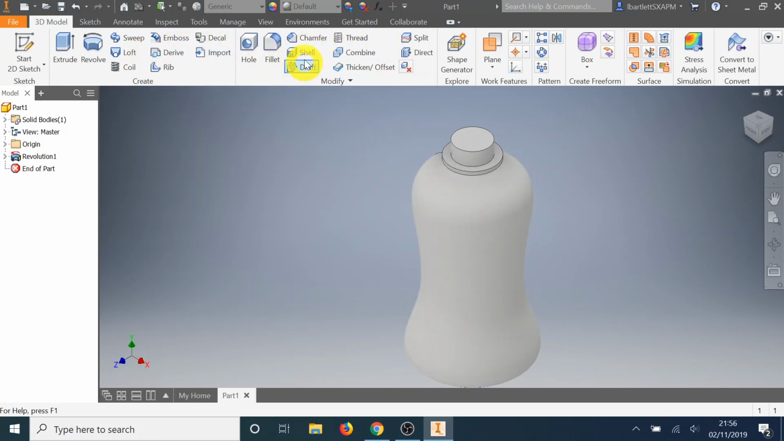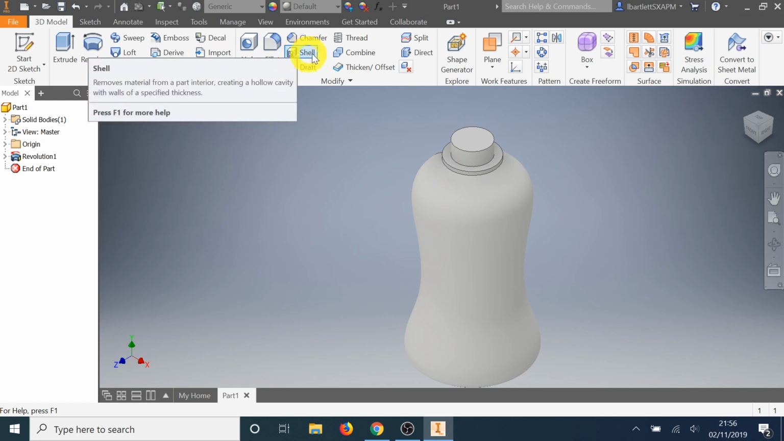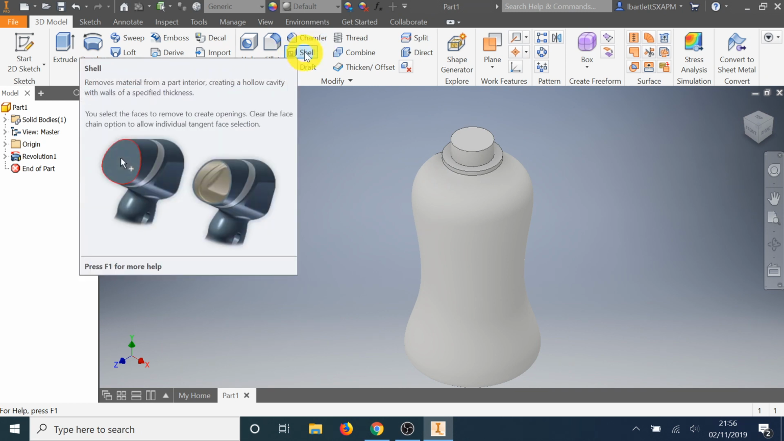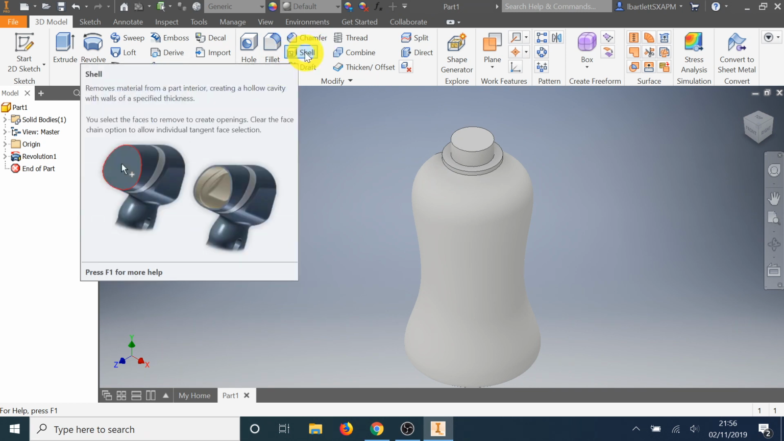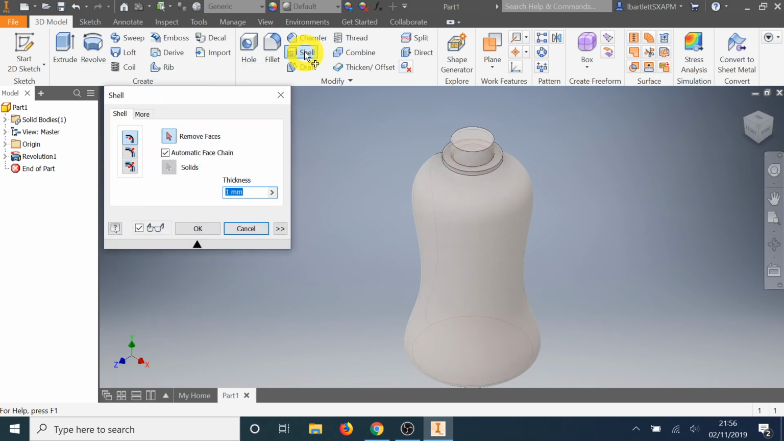Where's the button? There we go, called Shell. It's in the middle at the top, called Shell. I'm hovering over it right now. Going to select Shell, and we're going to hover over the top surface of the bottle. So just that top surface. Don't want to select the whole thing here, just the top surface. If you see, only the top line goes white. So we're going to click that,